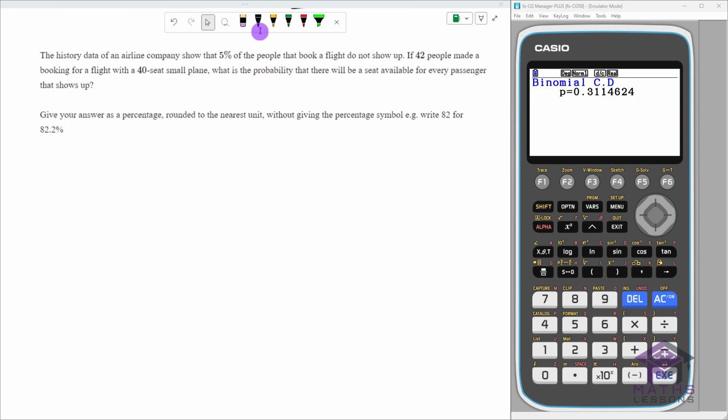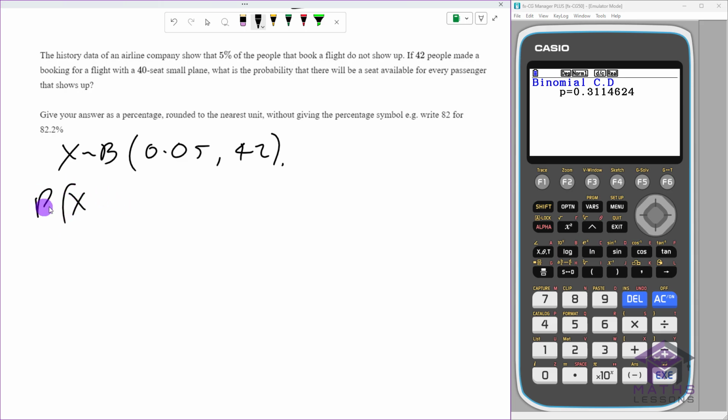So what we have here is a binomial. So X is binomial. Probability of success is 0.05, and the number of trials is 42. And we want to find, because there's 42 people altogether, so you could have 42 successes, 42 people all turn up. Actually, this is not showing up. So if I've got the probability of not showing up, what I want to do is find the probability that X is going to be greater than or equal to 2. Okay, is what I need to find out, because I want at least 2 people not to show up,